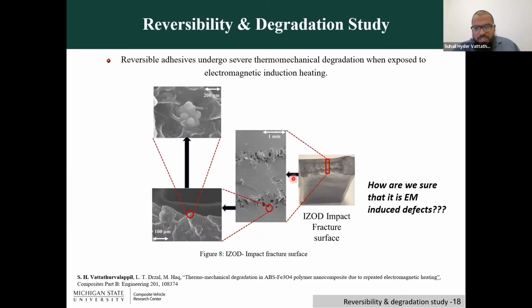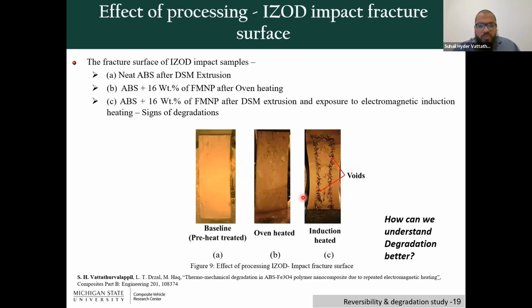And once we expose them to EM heating, we saw a specific pattern. You can see here a small degradation pattern, which we call thermomechanical degradation because of the EM heating. We did not know what the exact reason for this was. Is it a degradation pattern that we even see in the oven heating? So we had to compare. When we did the comparison, here is the